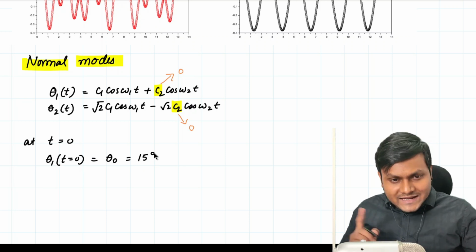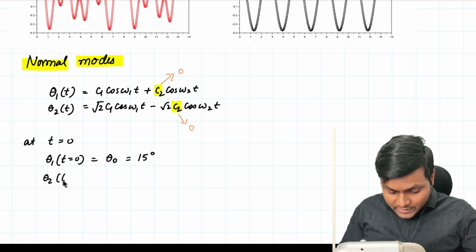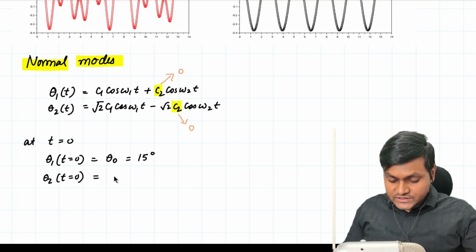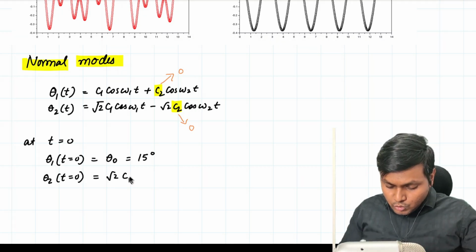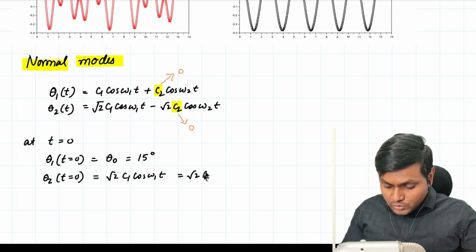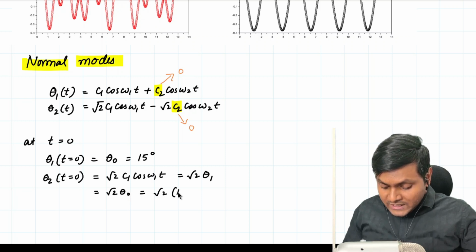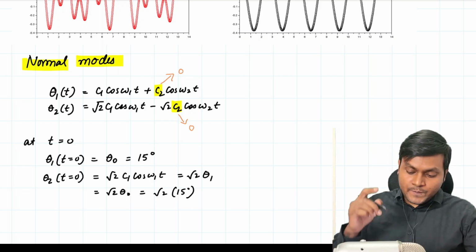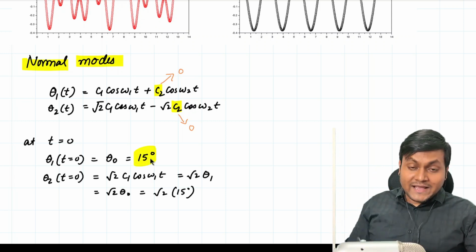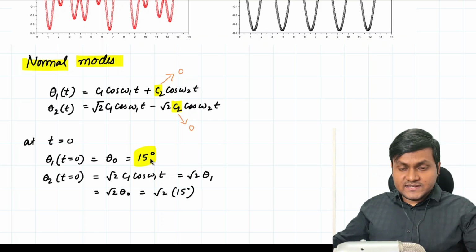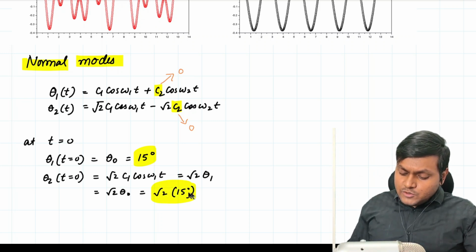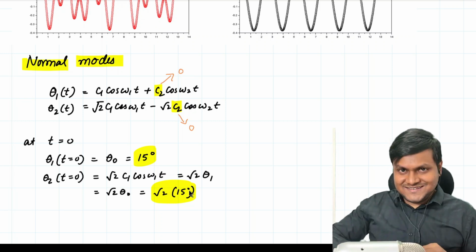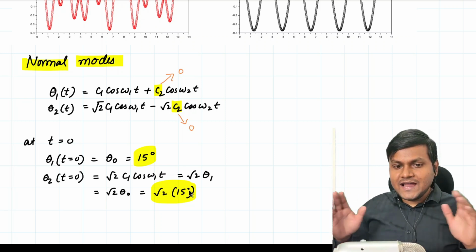In that kind of a situation, what is going to be theta 2 at time t is equal to 0? Theta 2 at time t is equal to 0 is simply equal to root over 2 c1 cos omega 1t. Now, what is c1 cos omega 1t? This is nothing but theta 1, which at time t is equal to 0 is theta naught. So this is root 2 theta naught, root 2 multiplied by 15 degrees. So if I provide a small angle to the first particle, let's suppose 15 degrees, 10 degrees, and I provide another displacement to the second particle, which is root 2 times the initial displacement of the first particle, in that case,